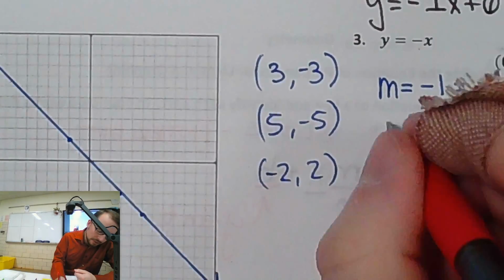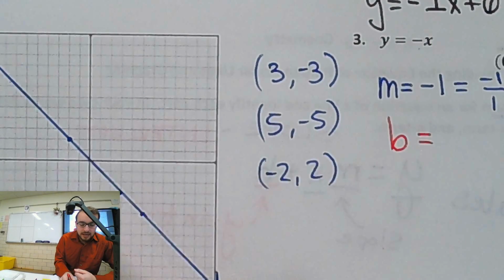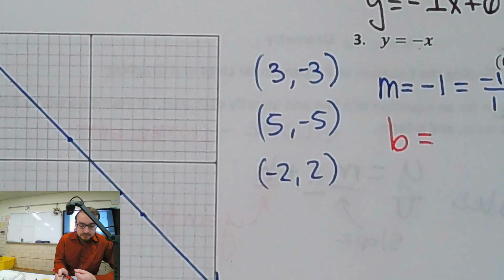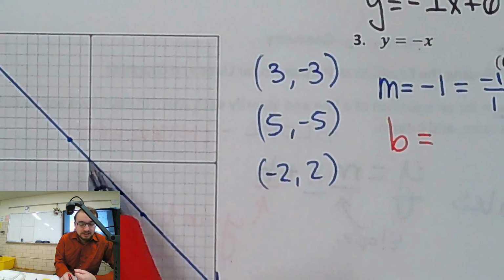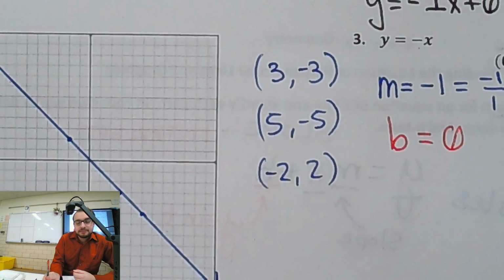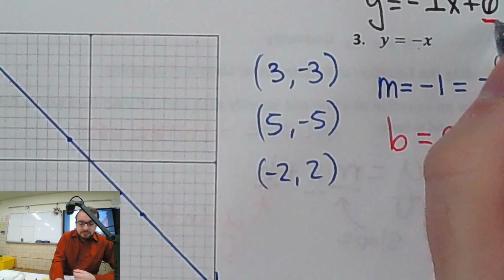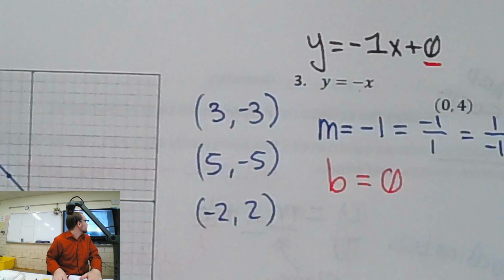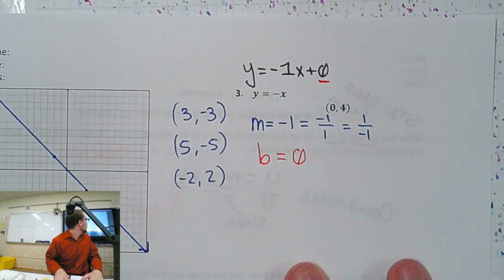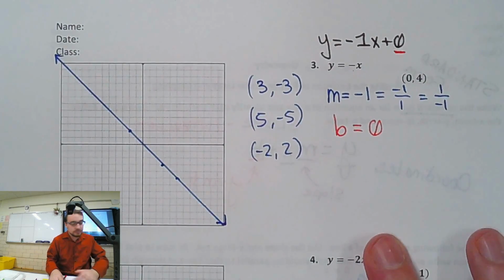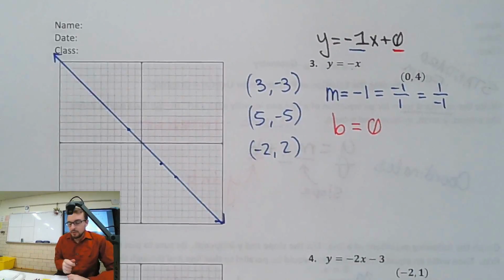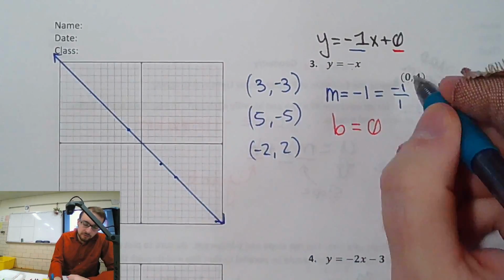Our y-intercept, b, where does this go through the y-axis, I should say? Where does it go through? Where does it cross the y-axis at? 0, right? Crosses at 0. Which makes sense. That's our y-intercept. Sorry, I will zoom out. There's our slope. Now, if we want to make a line that's parallel to that but goes through 0, 4,